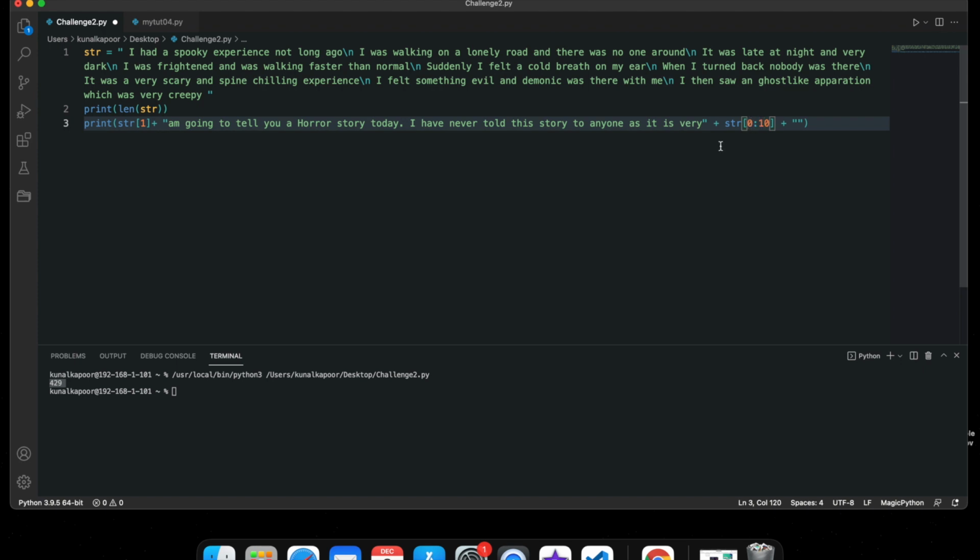Okay, so now let's say I want spooky, so it would be somewhere around 7 to 12. I'm just guessing here. I don't know if it's 7 or 10 or 12. I'll guess, so I'll keep printing it.